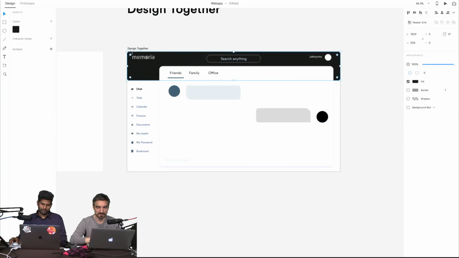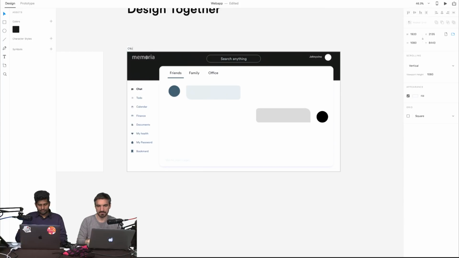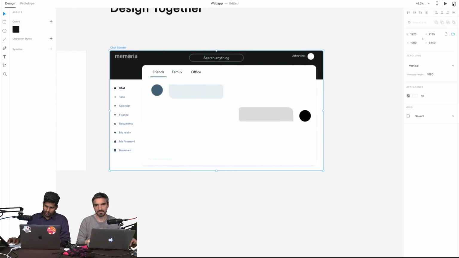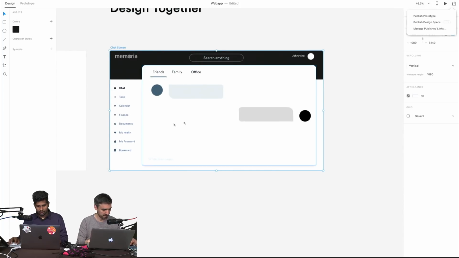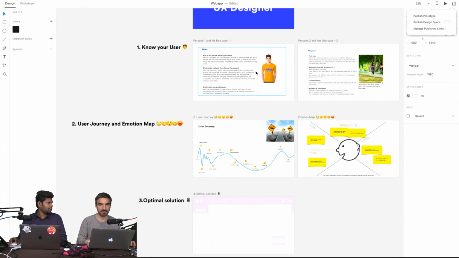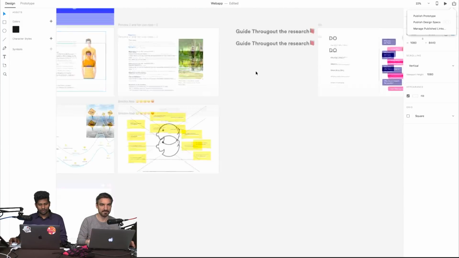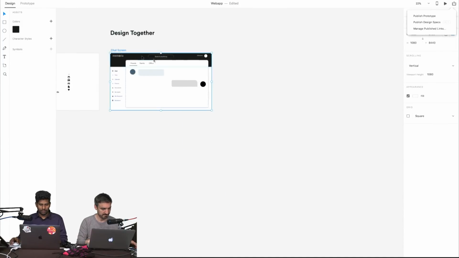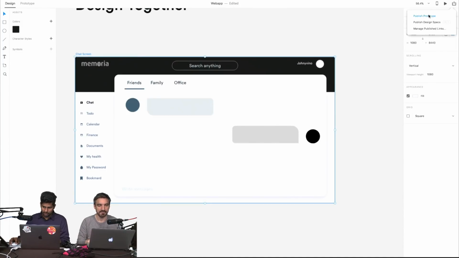Okay. So we made a chat screen. Now I can share with the people. Like I can share to the team, okay, what you're thinking about these features, and I can also share with Mic the user I defined initially. I can share this prototype to Mic. Okay, this app I made, what do you think about it? I can just share, publish prototype.